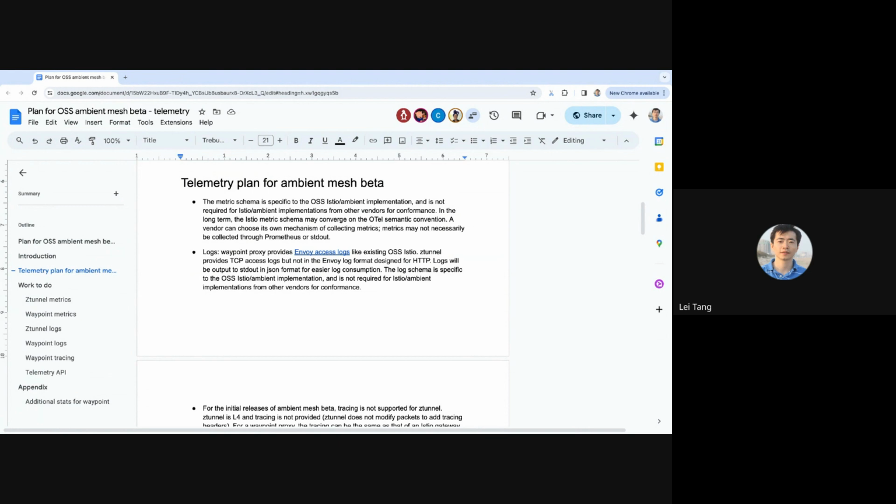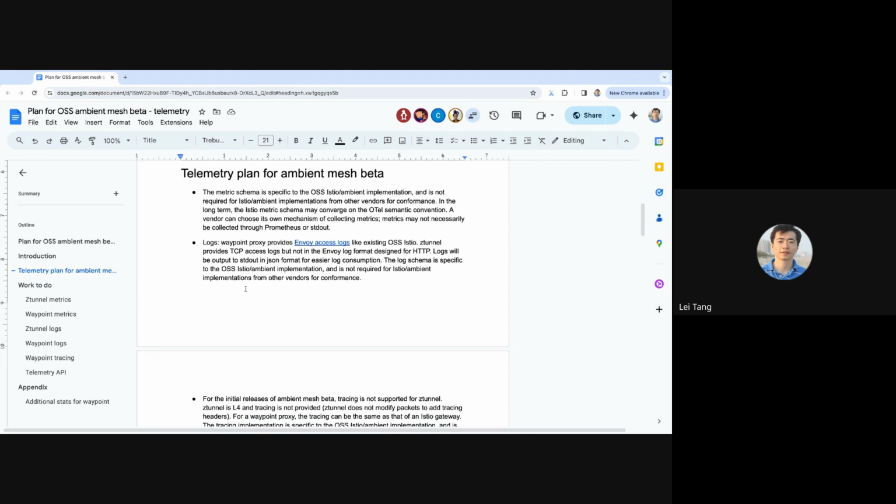For metrics, the user experience will be similar to OSS Istio. Prometheus can scrape the metrics, and the logs will be output to stdout.